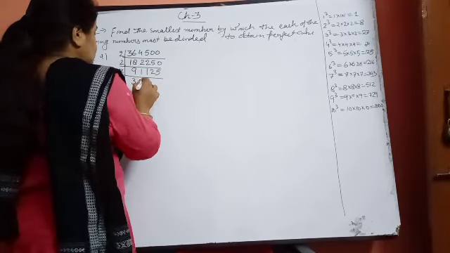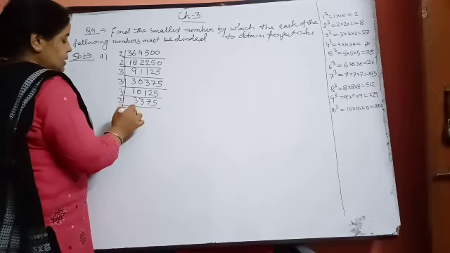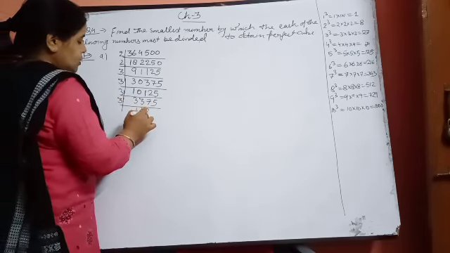Then 1, 11 it will become. 3 threes are 9, 2 and 22. 3 sevens are 21 and 3 fives are 15. Again see that by 3 it will be divisible. 3 ones are 3, 3 ones are 3, 3 twos are 6 and 3 fives are 15.